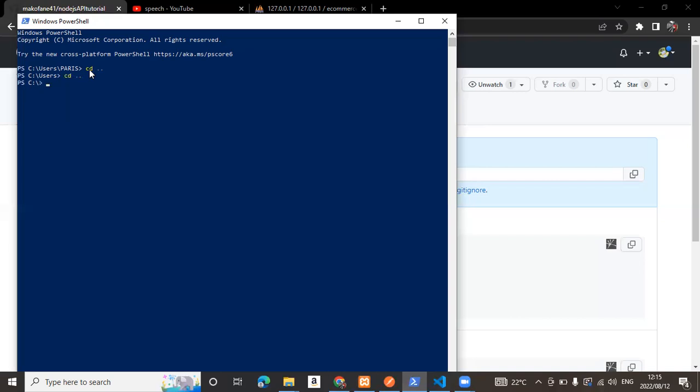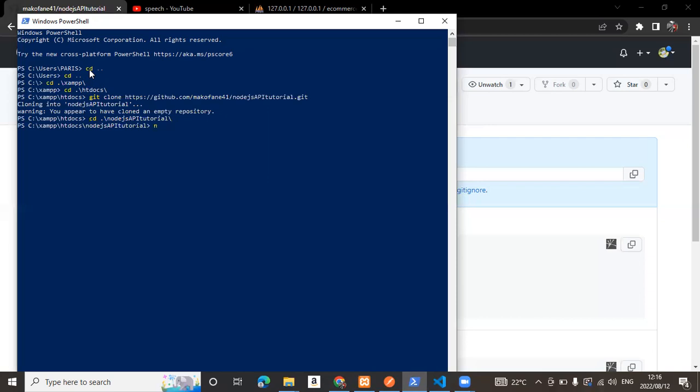So cd to htdocs, then I say git clone, then cd into the node folder. Before you work with Node.js, you will need to have Node